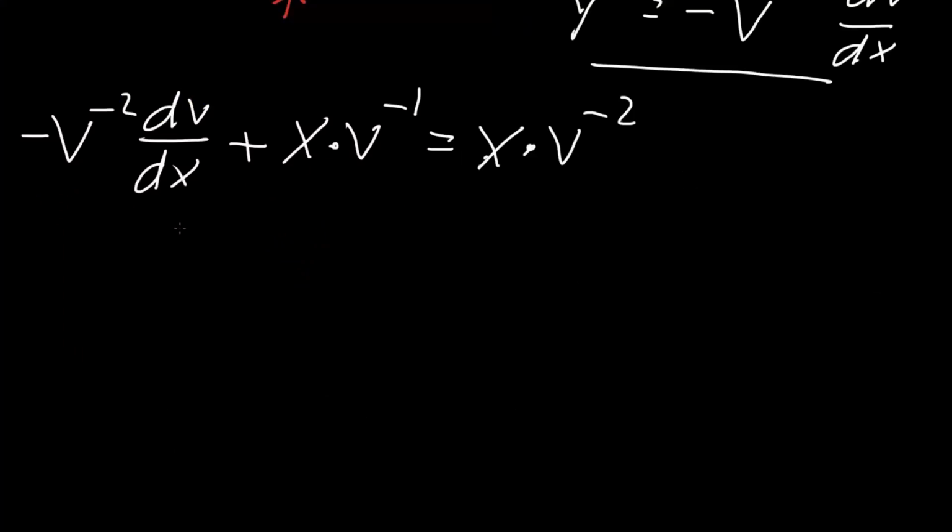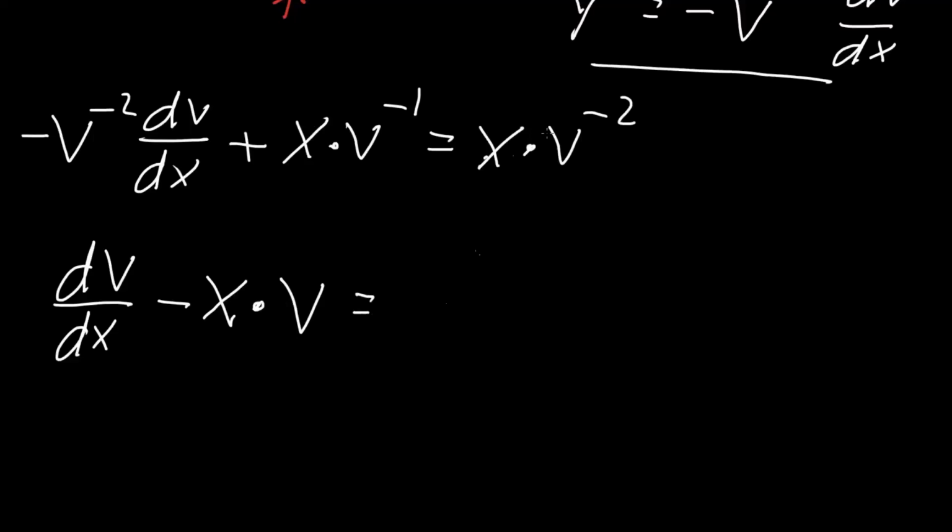And the next step is we want to have this in standard linear form, so we will divide this all over. And so we're going to get dv dx plus, actually minus, it'll be negative, so we'll get negative x times v, because if we divide this by v raised to negative 2, we would get negative 1 plus 2, so this would be just v,